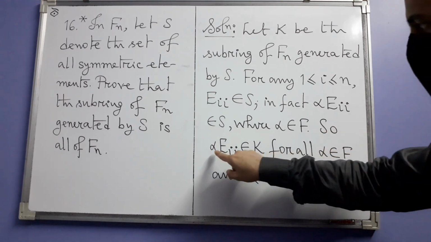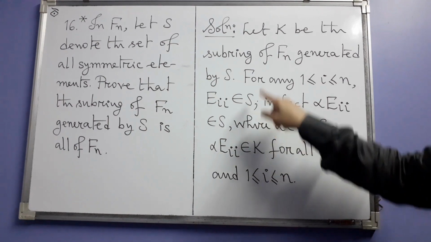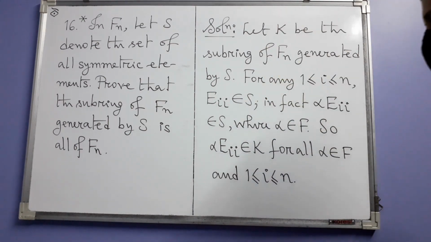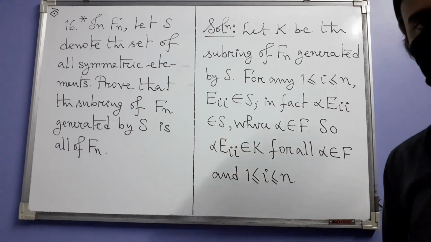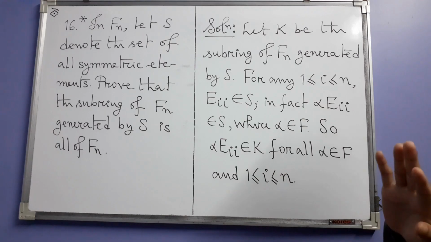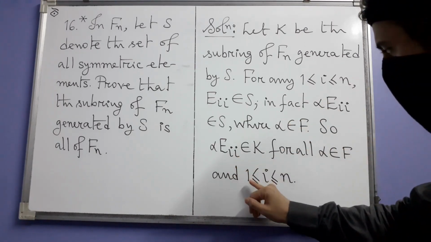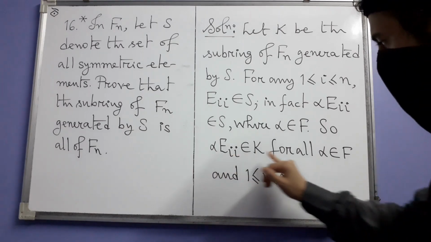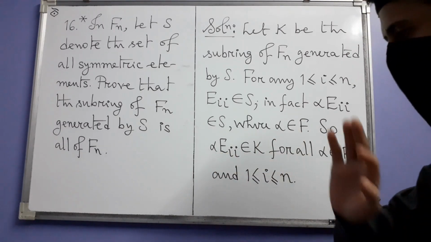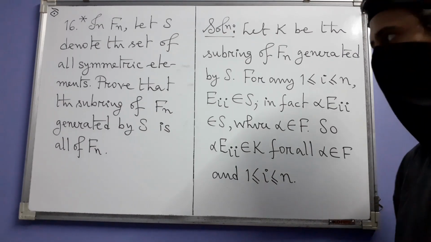And that is why any such product alpha times EII belongs to the subring K generated by S. Why? Because K contains S as a subset. So we get this fact almost immediately, that for any such index I and any scalar alpha coming from the field, alpha times EII belongs to K. Alright, next